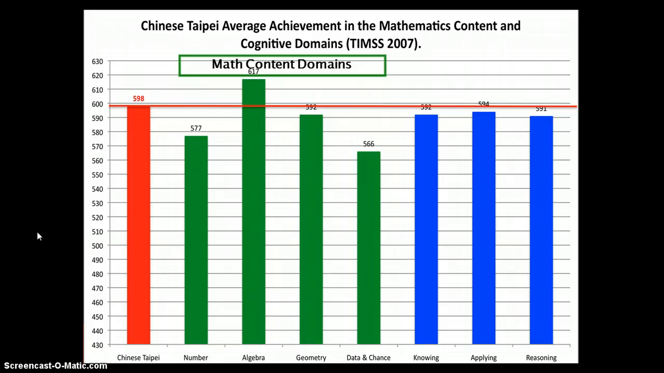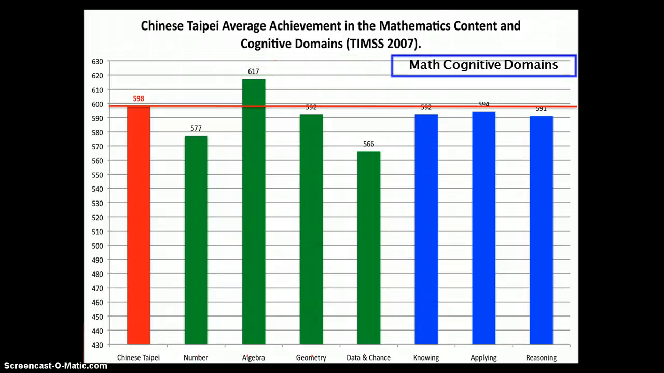And what I've done is I've broken down the student achievement scores by math content domains, and we have number, algebra, geometry, and data and chance as the content domains, and also by math cognitive domains, and we have knowing, applying, and reasoning as the cognitive domains. And we see some interesting patterns emerge. So while, yes, 598 is the overall average math score for Chinese Taipei students, and by the way, these are 13-year-olds roughly in the 8th grade,